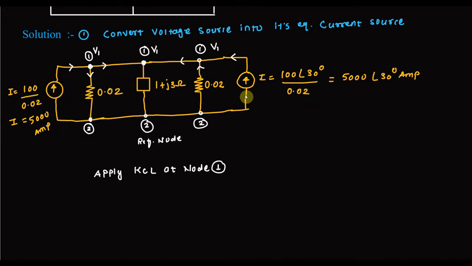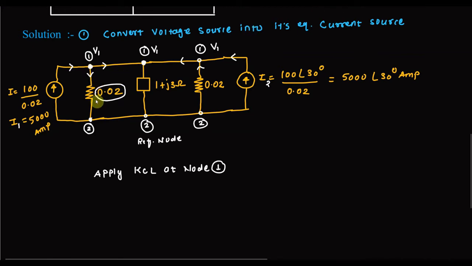These are the incoming currents towards the node. You can see that this I will give the name I1 and this current is I2. And these are the divided currents. So how do you find out the current through this resistance?